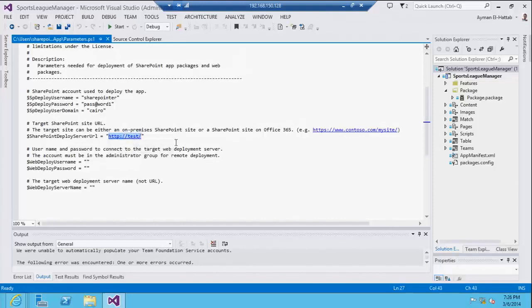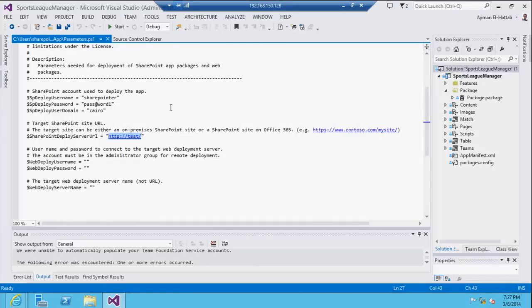You can use any site based on a developer site template, or even if you are not using developer site templates, you can still use any other site, provided that you enable the side loading feature, just to enable the site to accept app deployment.